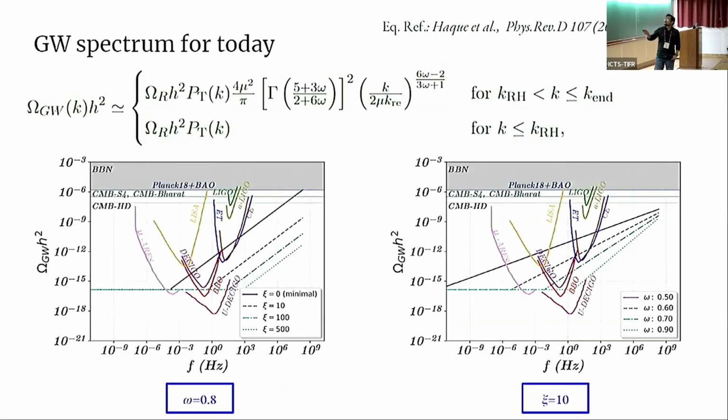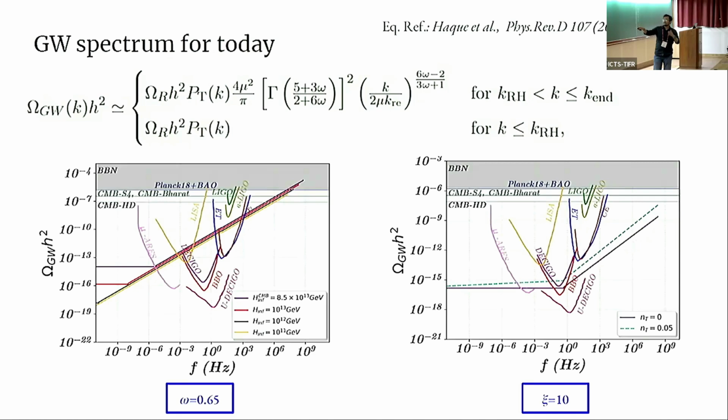The spectrum of the gravitational wave at the present time can be represented in this way, for which we have followed the papers by Mohammad Rezul et al. And this is the behavior of each of the parameters on the primordial gravitational background. For example, this represents the behavior of the xi parameter. You can see as we increase xi, there's some dampening in the signal. This is the behavior of changing the equation of state. This is for varying the scale of the inflation, and this is for the tilt. I am changing the tilt over here, and you can find for the blue-tilted spectrum there is some